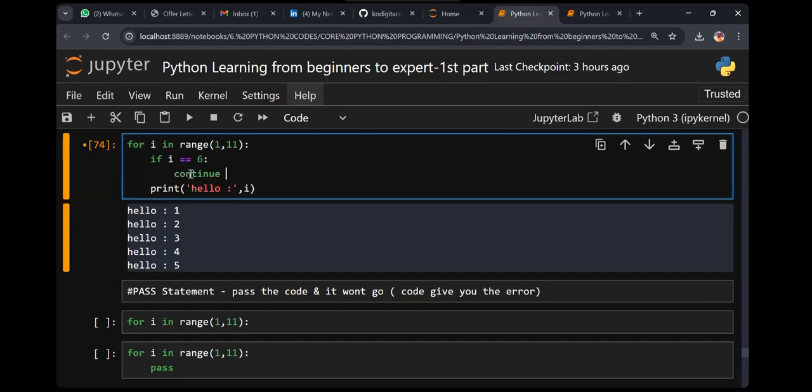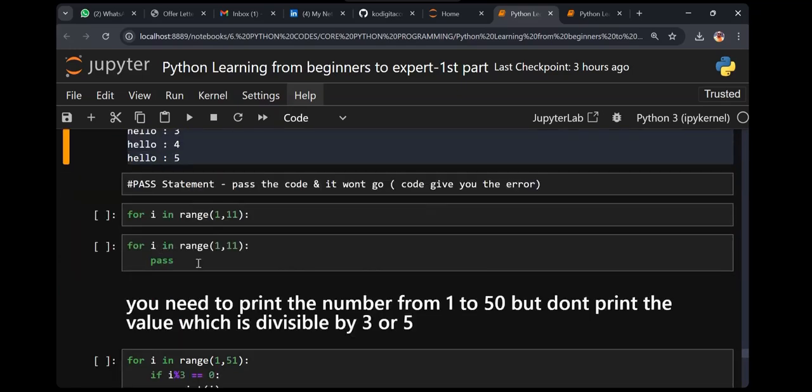I use it in computer vision projects, streaming cameras. The break keyword is very powerful. Understand? So this learning we implement in the project. So break, continue, we implement in the for loop. Try this now. What is pass? For i in range 1 to 11, will we get an error or output? You declare a loop, but do you have to print it or not?